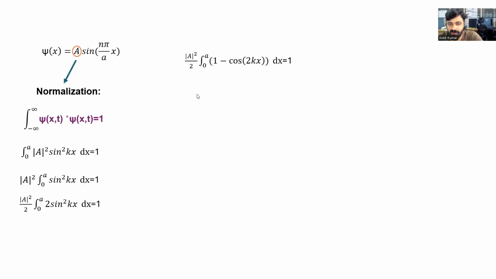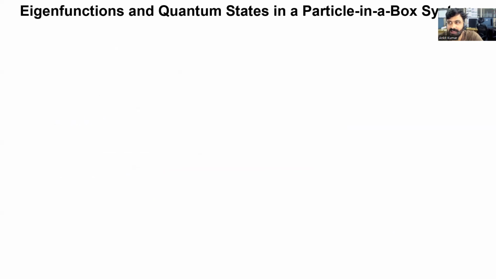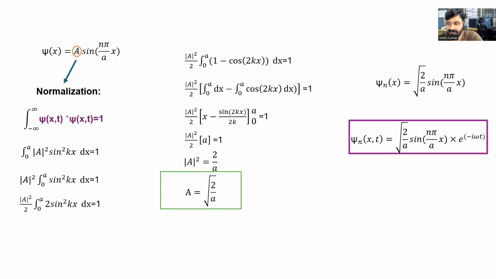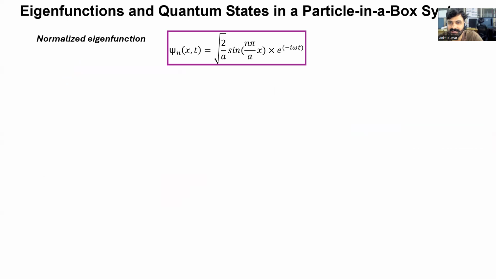Next, we used the normalization of the wave function, and after using the normalization, we calculated the wave function as a function of x and t. That is called the quantized wave function, root 2 by a, sinusoidal in the x domain and exponential in the time domain, that is e to the minus i omega t. Okay, so in today's lecture, we'll see that once we get the normalized eigenfunction for the wave,